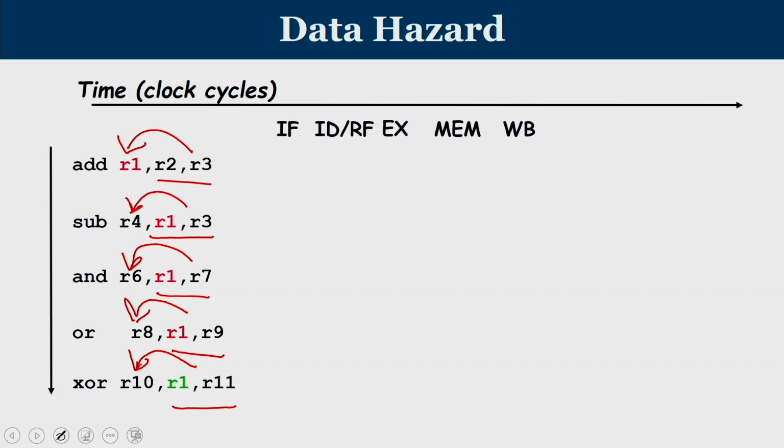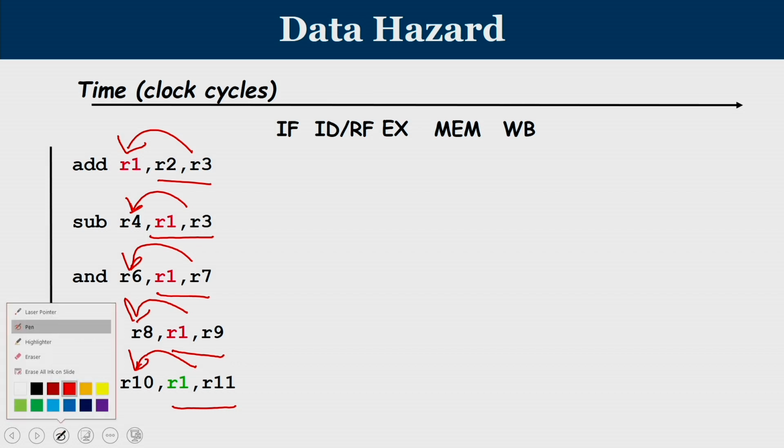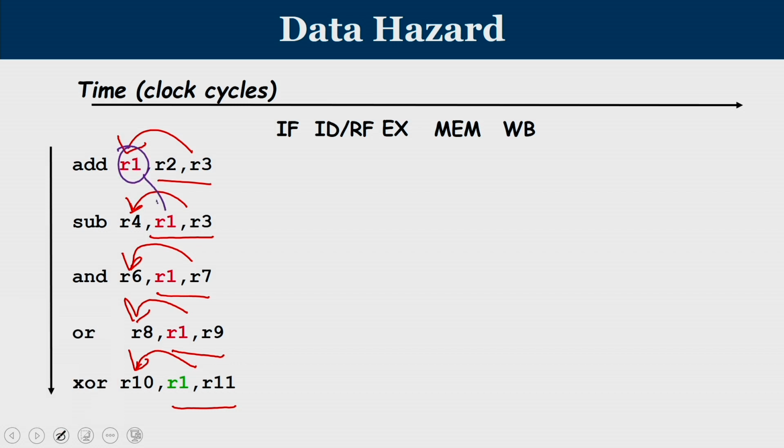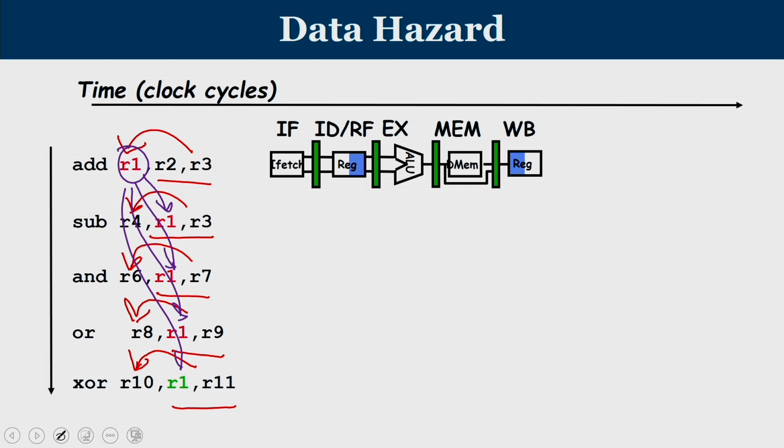So the peculiarity is across all these instructions, you can see that the result of the first instruction, which is add R1, R2, R3, the result which is stored already in R1, is used by all others in the subsequent instructions. So what is the problem in this? We know that the result of R1 will be available only at the write back stage. We are going to write the result only into write back, whereas the subtraction instruction and an OR instruction needs the value of R1 in their respective ID stages.